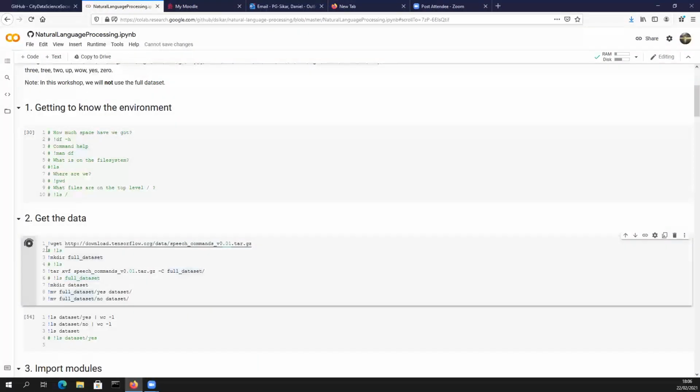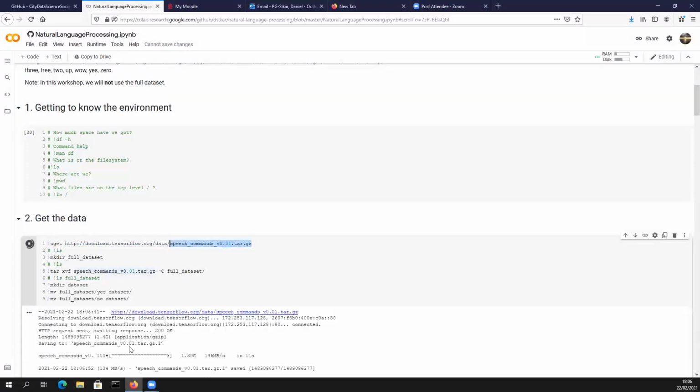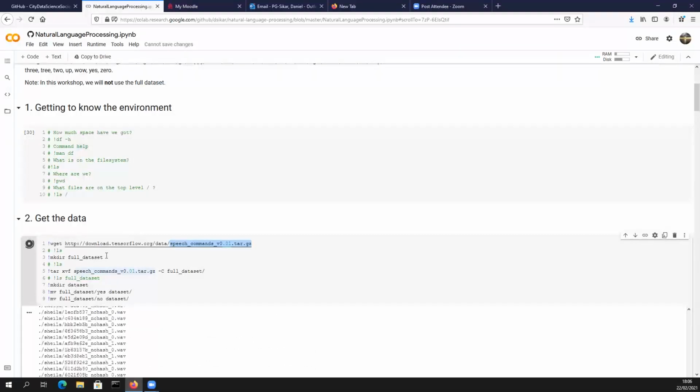Run it anyway. So it's going to run these commands in turn. It's going to use wget, which is a Unix/Linux command, to download this file here that comes from Google. So it's downloading. Then it says make a directory called full data set. And then it says expand or decompress these files and send them over to the full data set directory